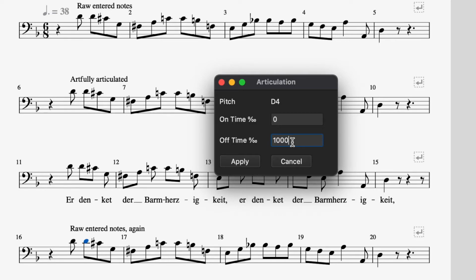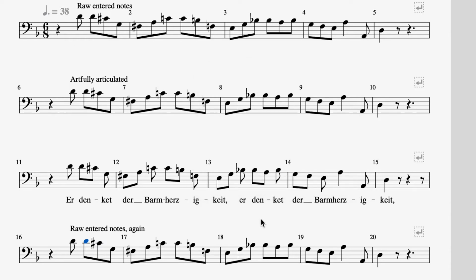On most MuseScore instruments, notes are born at 1000 per mille. I found that the MuseScore cello can be made legato with 1100 per mille, i.e. 110%. So let's just change it. And click Apply or press Enter, and listen. Isn't that better? Now I'm going to change both of the ders and the hertz, as you can watch.